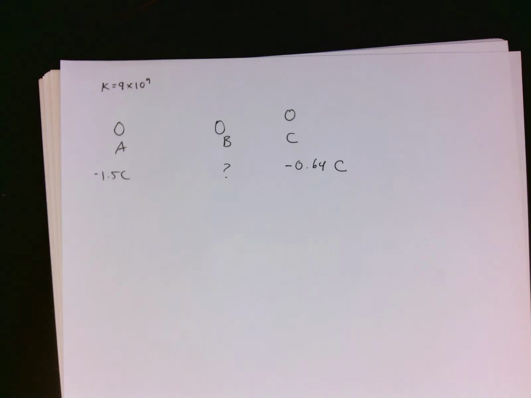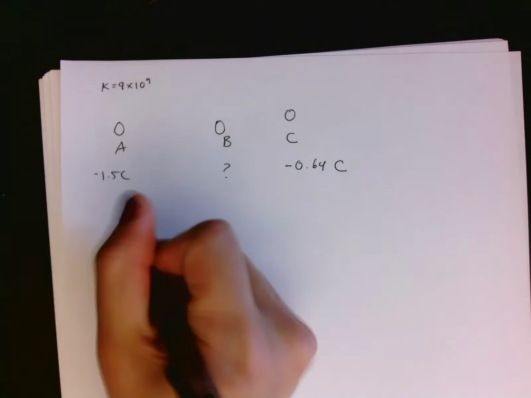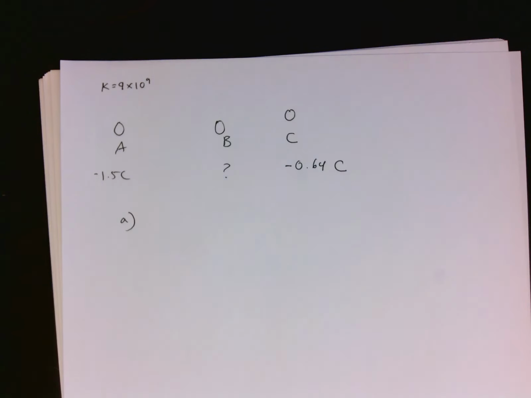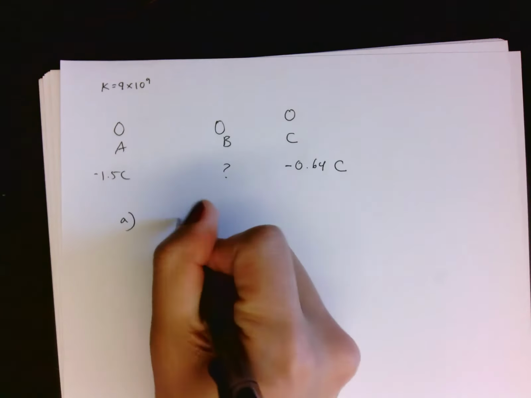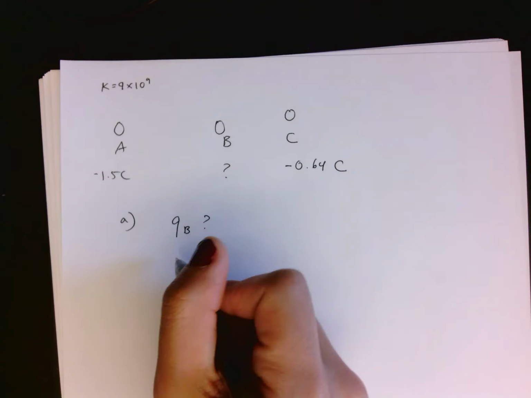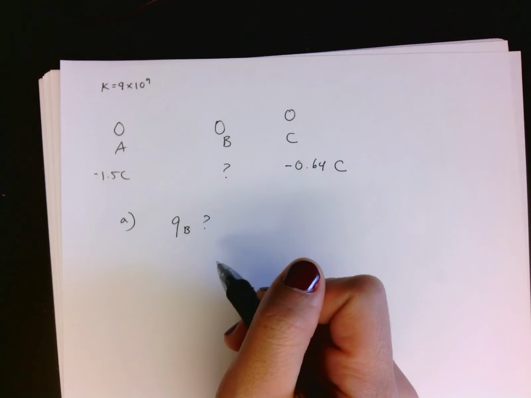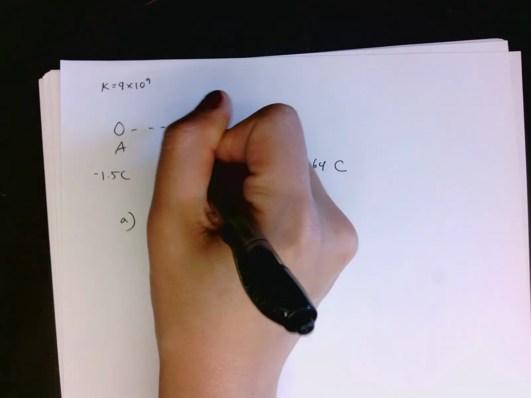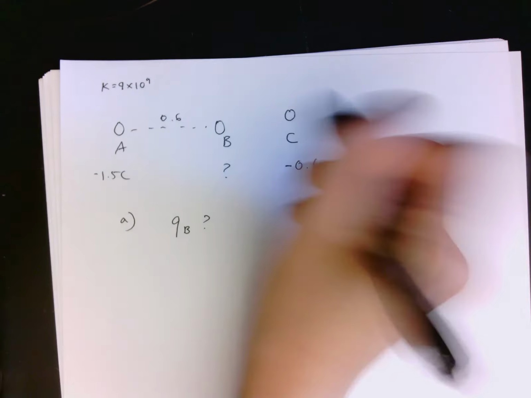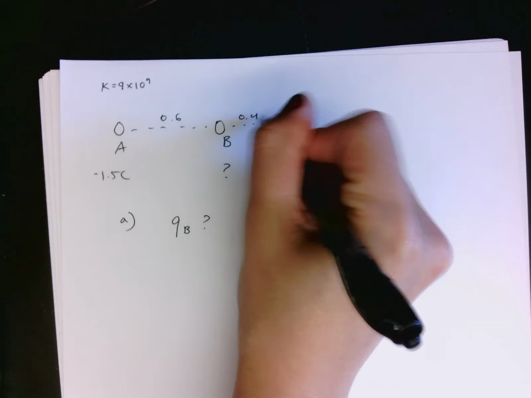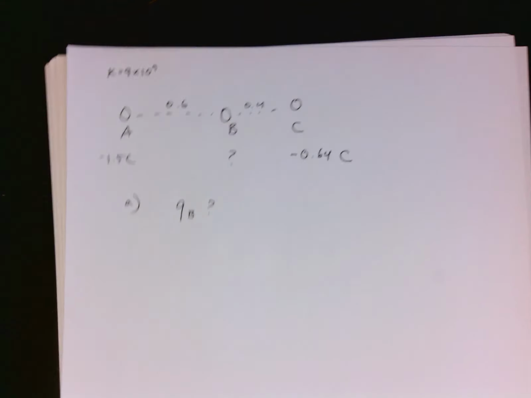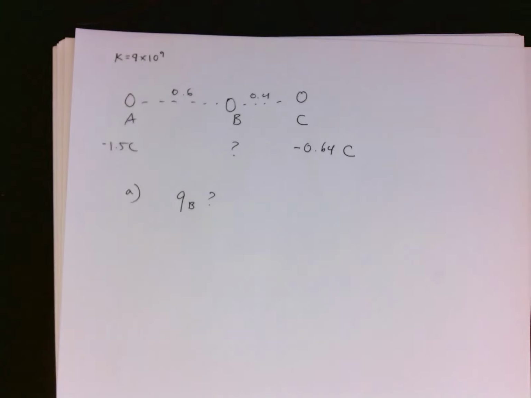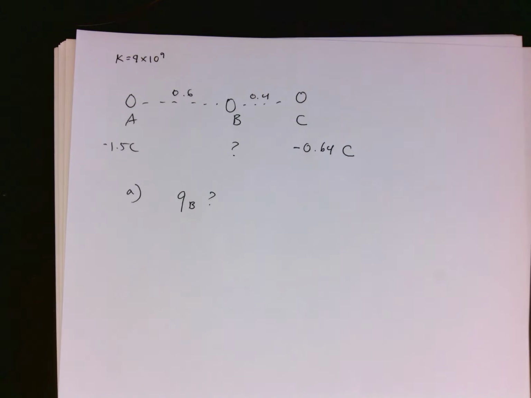So the question for part A is asking what is the charge of B, that's what we're looking for, in order so that A is in equilibrium, or it has a net force of 0. We're also given the distances between A and B, which is 0.6 meters, and the distance between B and C, which is 0.4 meters. So the only two forces acting on particle A are the force exerted by B and the electrostatic force exerted